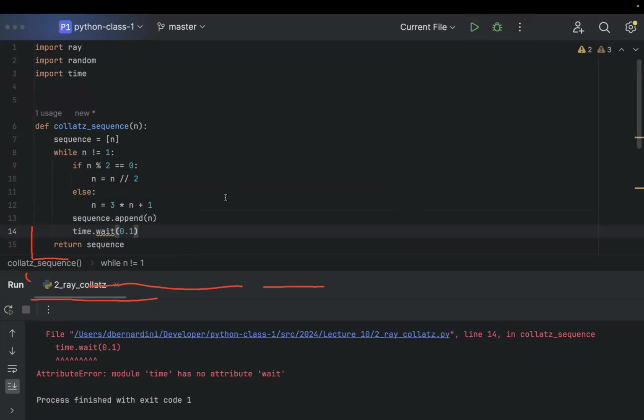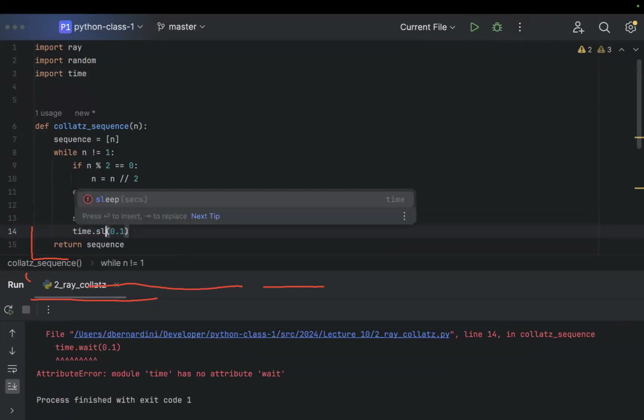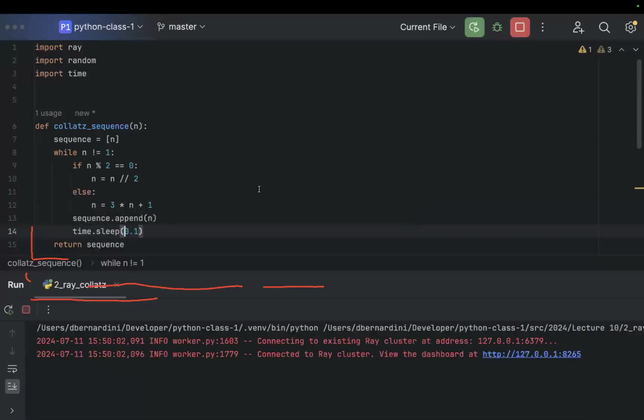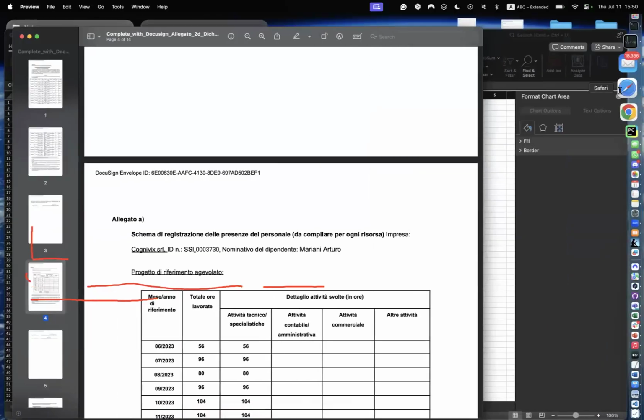Okay, all right. So now we could go here